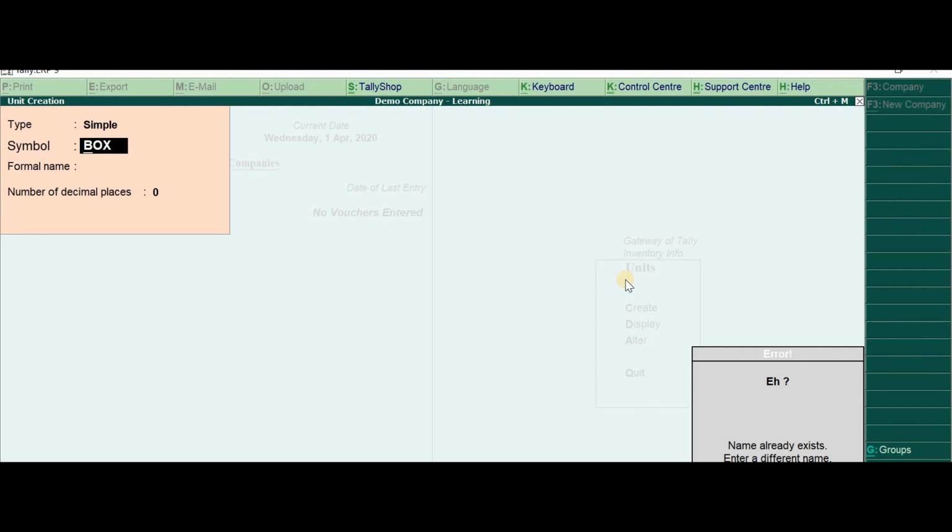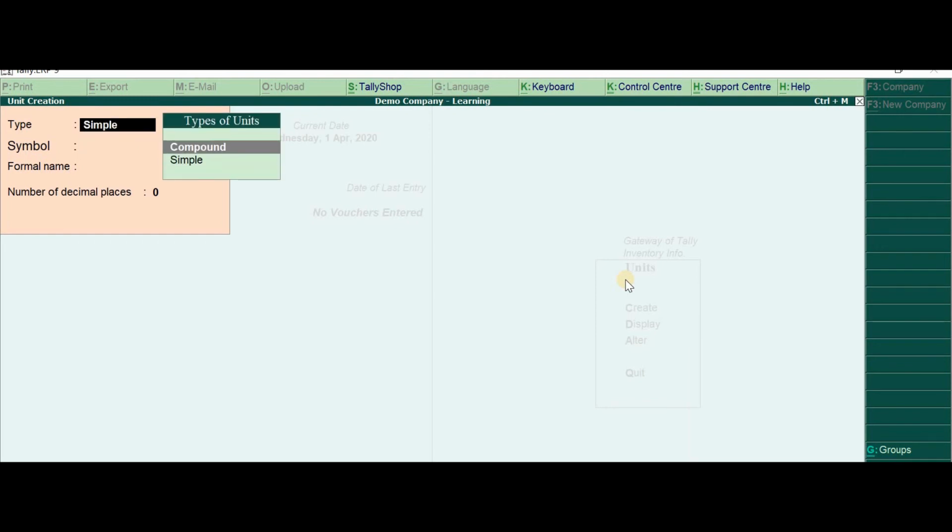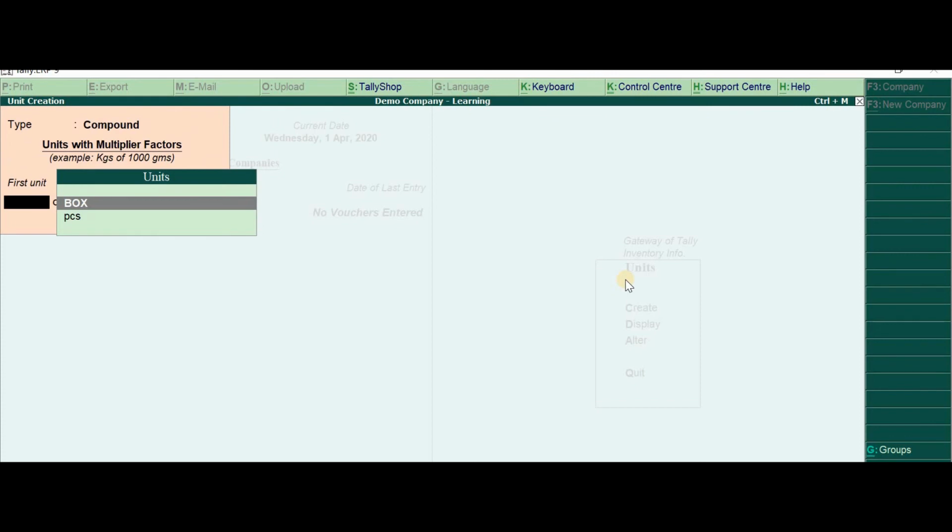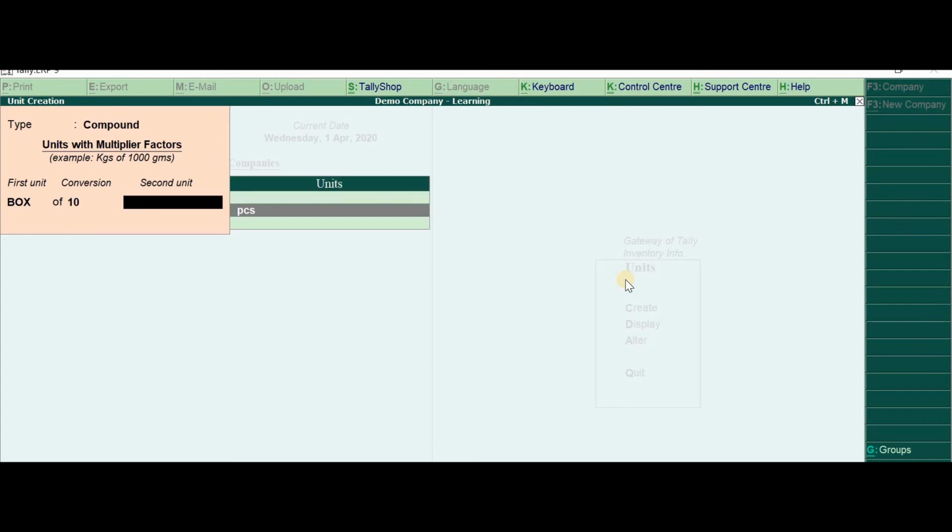But how do we know how many pieces are there in one box? I have told you one box will be 10 pieces. It could be 12, 15, 20, whatever. Tally is not telling us. That we will set according to the requirement of our business. So how we will set that? Come back, press compound, type here, select box of 10 pieces.